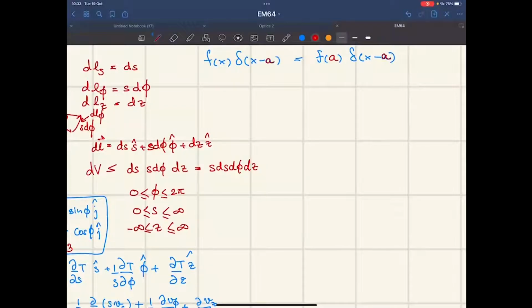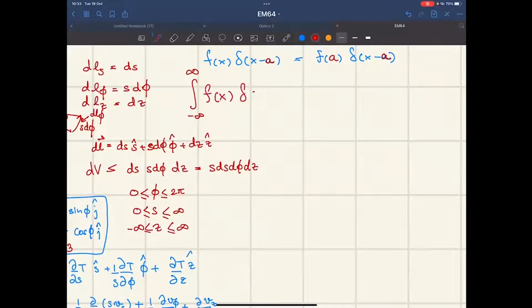Any questions? Now, I want to do the integration of this function from minus infinity to plus infinity of f(x)